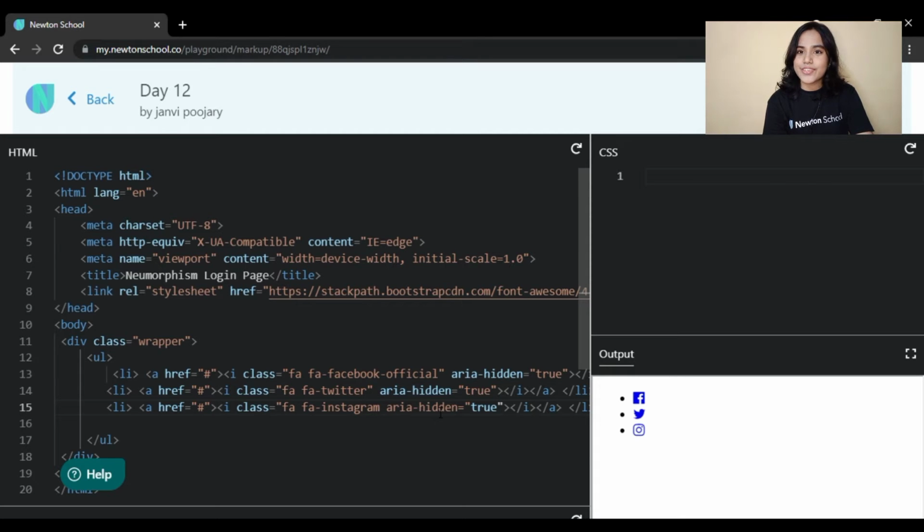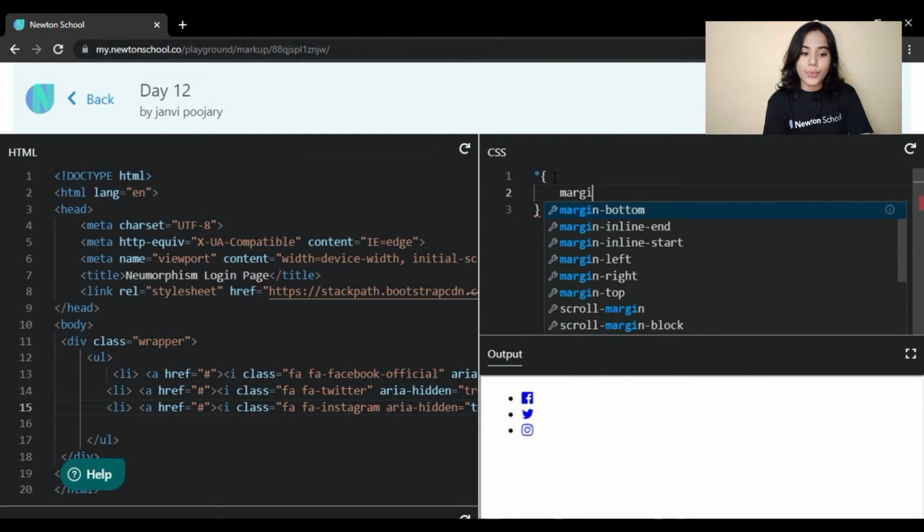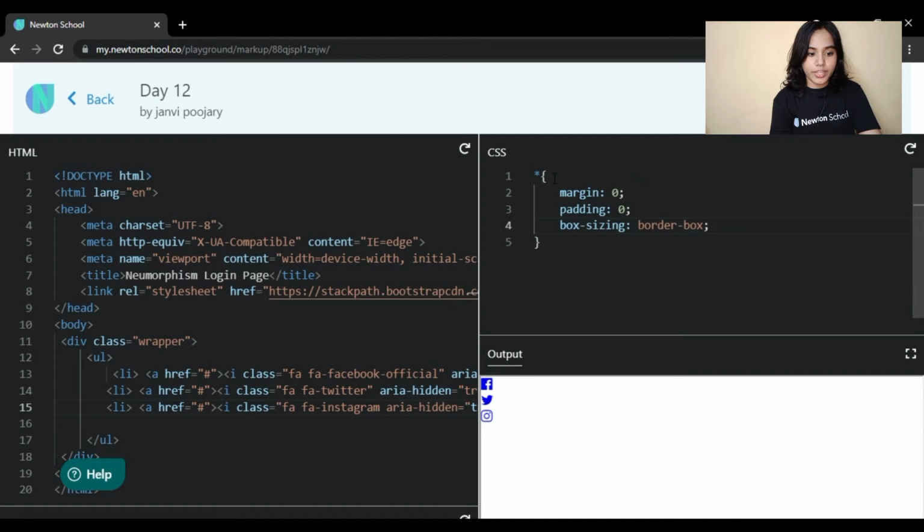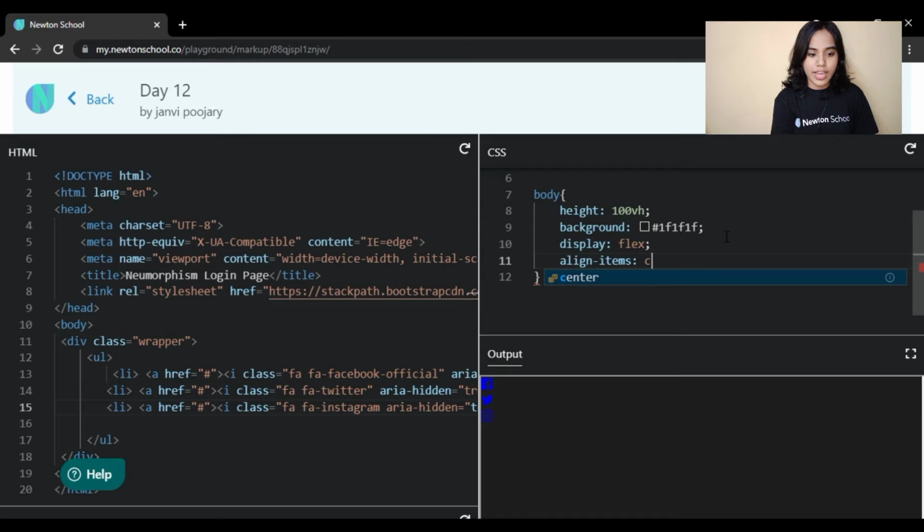And here also, as usual, we will write margin as 0, padding as 0, box sizing as border box. Okay, and now we will target our body, and then we will write the height should be 100 viewport, the background should be a little darker so that glowing effects look good, and display as flex, align items as center, justify content as center.